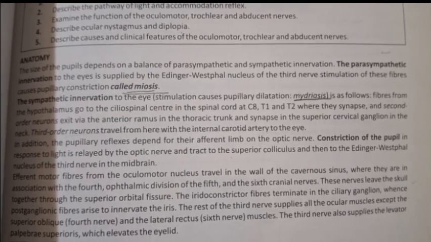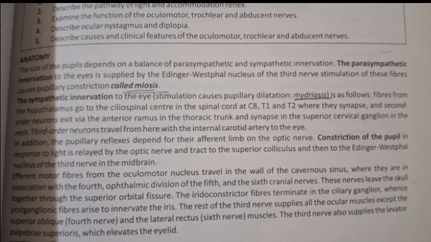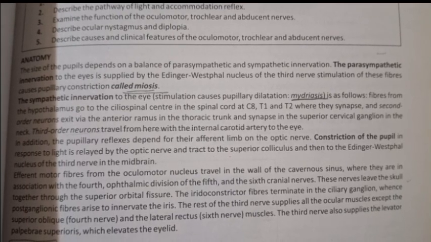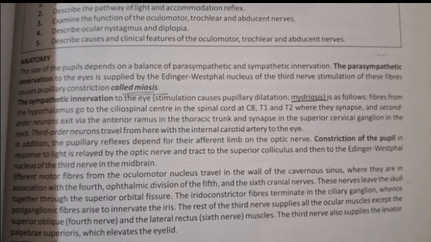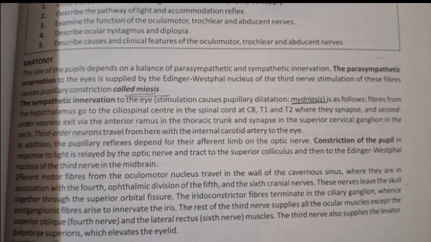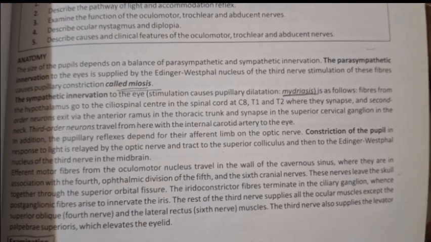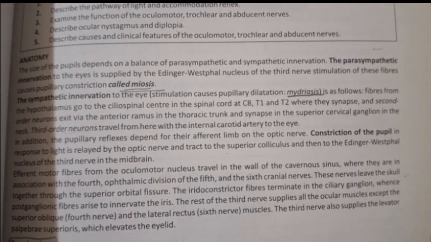The rest of the third nerve supplies all the ocular muscles except the superior oblique, fourth nerve, and lateral rectus, sixth nerve muscles. The third also supplies the levator palpebrae superioris, which elevates the eyelid. Then we are talking about